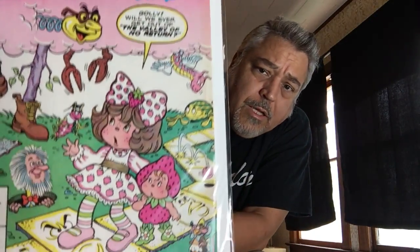Here's Strawberry Shortcake #5. That's an important key issue. Drew, if you start chewing on the cardboard again, I'm going to have to put you down in your little cage, your little house. Strawberry Shortcake. Star Wars. Strange Tales. Strange Tales. Strawberry Shortcake is between Strange Tales and